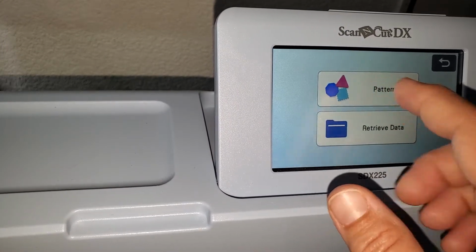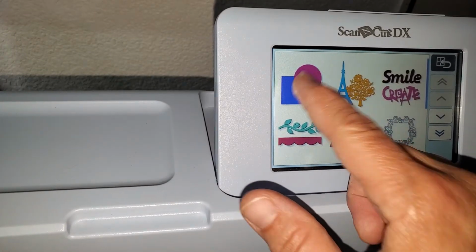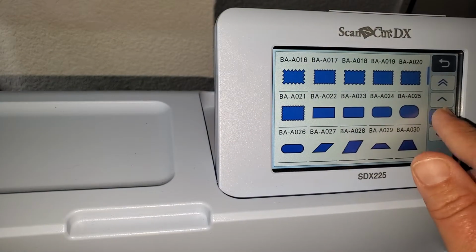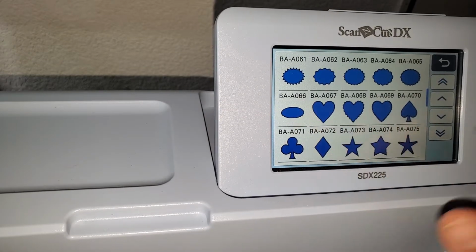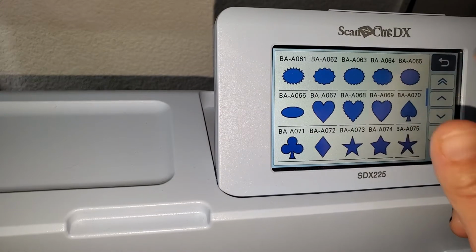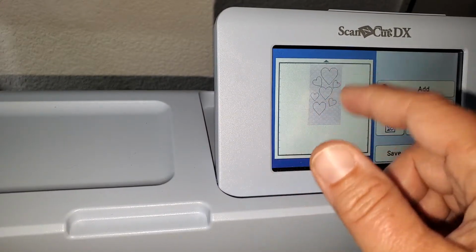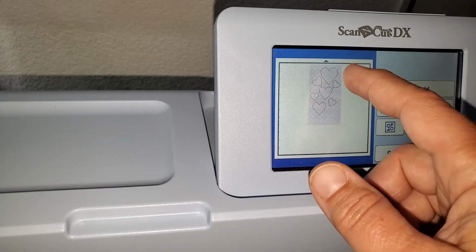I went in on the home page. I added a pattern, and I got a heart out of the little regular shapes. Right there, and I added it, and then I added multiple of them, as you can see, and then I sized them, shaped them,